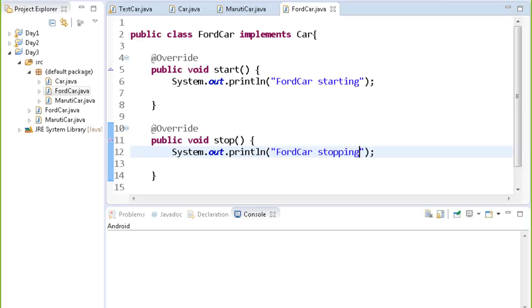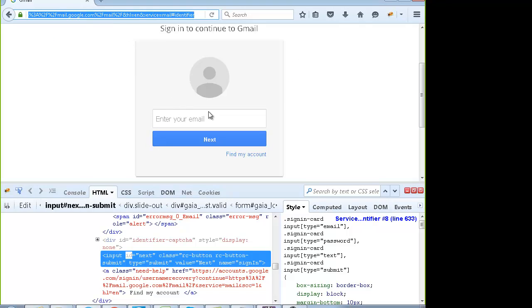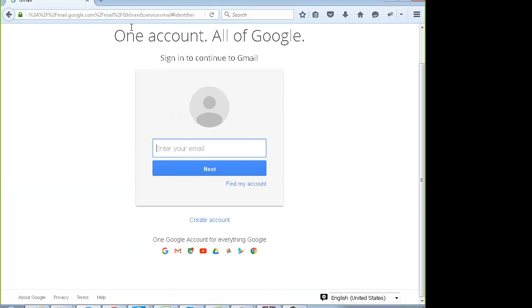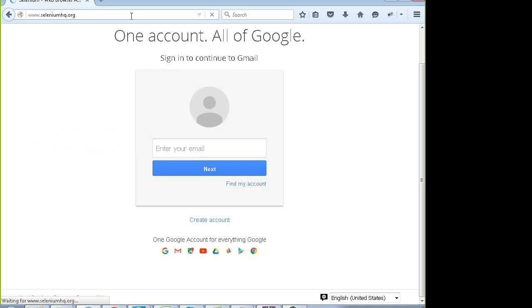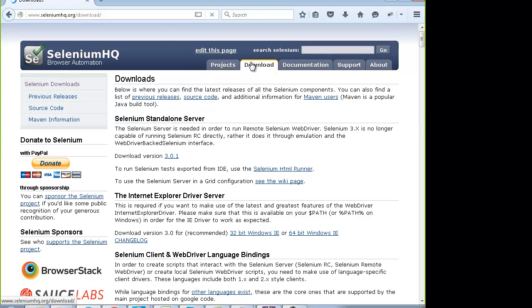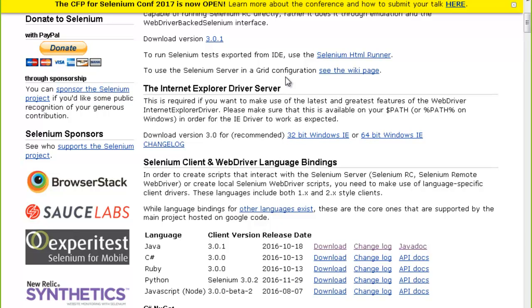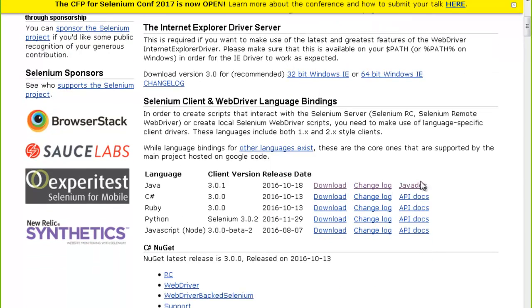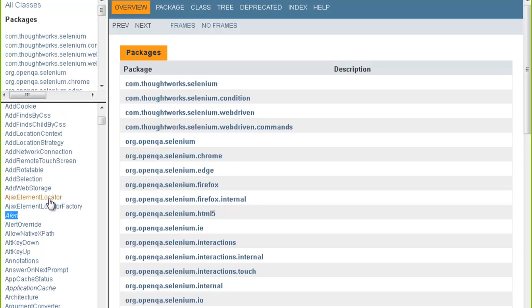Right. So in Selenium also we use interfaces. If you go to the official website of Selenium, Selenium HQ, and if you go to the download section, you will find that this is the Java doc, the Java documentation, and in this whatever is written in italics is an interface.